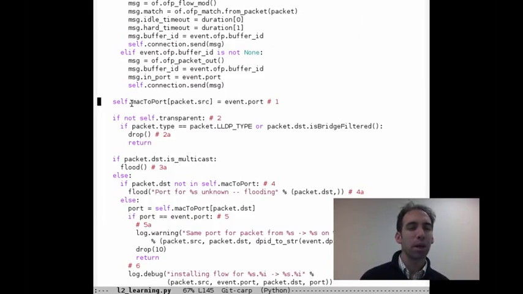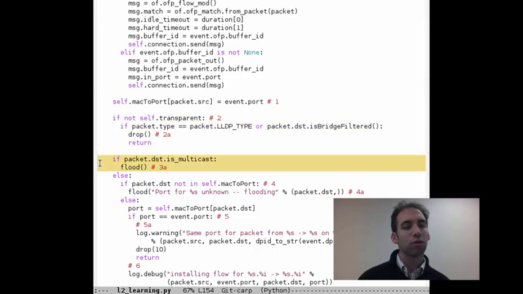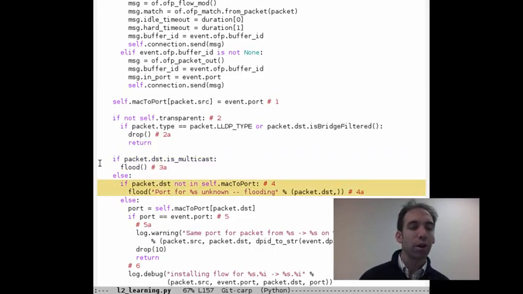The first step being to assign an entry in the MAC to port table that maps that packet's source MAC address to the port on which the packet arrived, to drop certain types of packets, to flood if the packet's destination is a multicast packet, to flood if the packet's destination is not already in the MAC address to output port mapping,